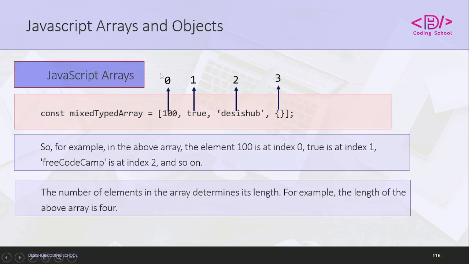I went ahead and tried to demonstrate it here, where 100 occupies position 0, true is at position 1, this is hub is at position 2, and this object is at position 3. This is going to be very important. Moving onwards, we are going to see how this concept of indices is used so much to manipulate these arrays. So in the above example, the element 100 is at index 0, true at 1, and this is hub